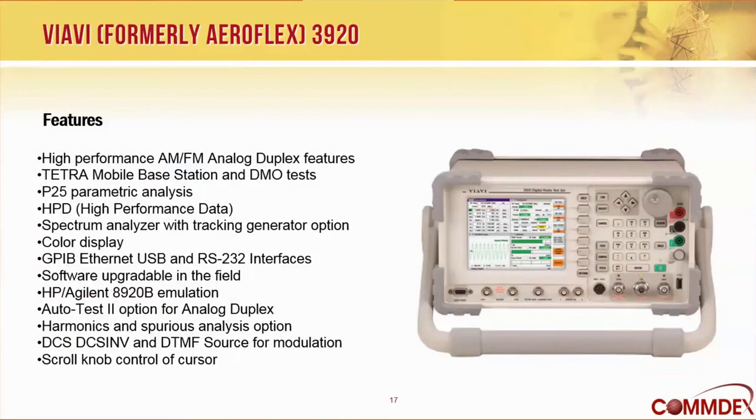This is more of a lab instrument, has AM, FM duplex, can operate in Tetra, high performance data, which is the wide bandwidth, high speed data, spectrum analyzer, tracking generator. It's almost a legacy instrument because it's been reincarnated from the old Aeroflex unit. And it traces back to the Agilent 8920,